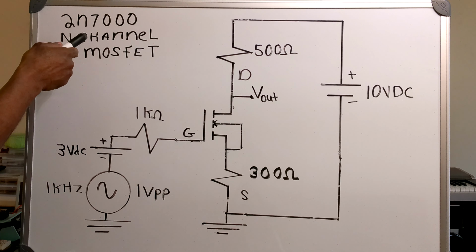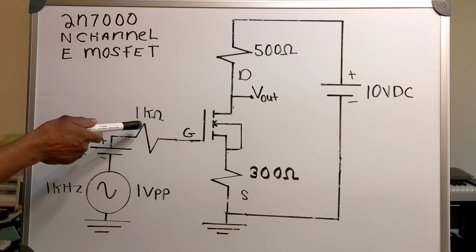Now in this video, I've got the 2N7000 N-channel E Mosfet. Across the front of the transistor, I've got a 10-volt DC source. And on the drain side, I've got a 500 ohm resistor. On the source side, I've got a 300 ohm resistor. On the gate,